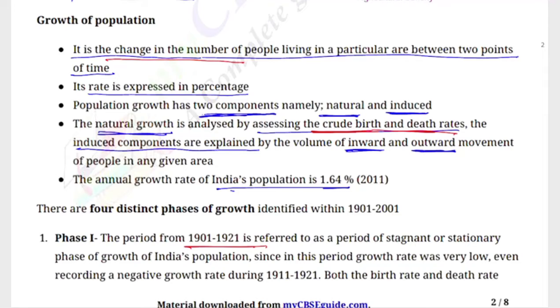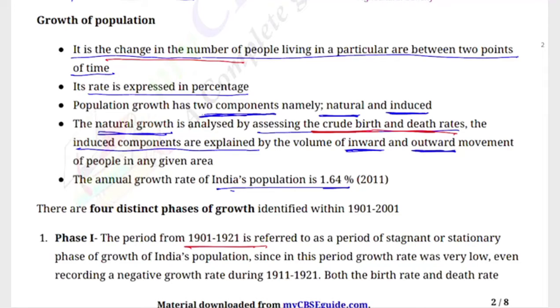The other component of the population is the induced component, and it is explained by the volume of inward and outward movement of people in any given area. तो यह है इंड्यूस्ड कंपोनेंट्स. इसमें क्या होता है कि जैसे एक जगह पे एक पर्टिकुलर पीरियड ऑफ टाइम, मतलब 10 इयर्स या 100 इयर्स को अगर हम असेस करें, तो कितने लोग वहां से आए और कितने लोग वहां से गए, तो उसमें चेंज मीन्स शिफ्ट हो जाते हैं. जैसे कि फैमिलीज एक जगह से दूसरी जगह परमानेंटली शिफ्ट हो जाती हैं या एक लॉन्ग पीरियड के लिए शिफ्ट हो जाती हैं, तो वहां पे नंबर ऑफ पीपल के अंदर चेंजेज आएगा,